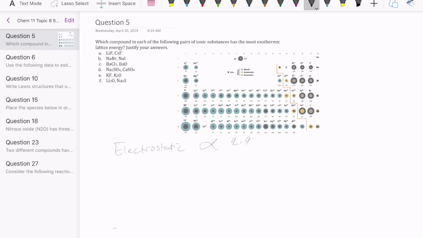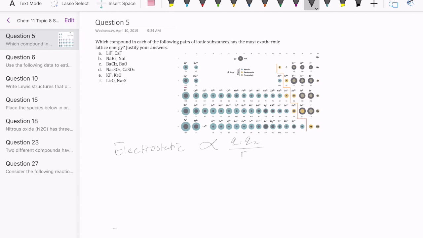One is the charge of the two ions that are interacting. So Q1 would be the charge of the cation, Q2 would be the anion. And then it's inversely proportional to the size of these ions. So the further away the ions are, the weaker the interaction; the closer, the smaller the R is, the stronger the interaction. So in other words, when we're looking at the interaction, we have to always compare the charges